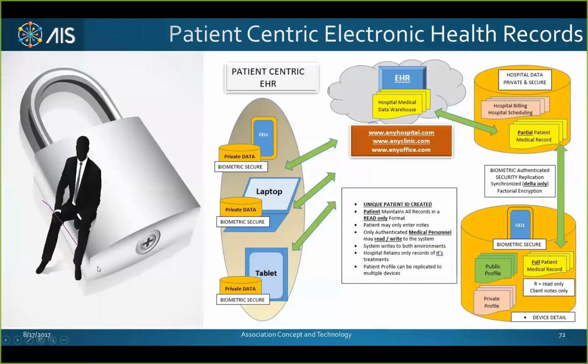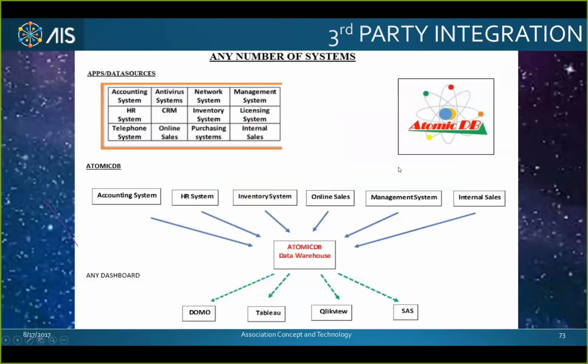The future of what we're looking to do and accomplish is essentially a patient-centric healthcare record system. Going back to my cloud, as we discussed, the client would have possession of all his records. The only one able to read or write would be medical professionals, but the records would stay with the client. Now, whether that's on a laptop, portable, or a tablet. And that would allow for unique, anonymous patient ID. And that would allow for automated billing. And it would allow for complete privacy.